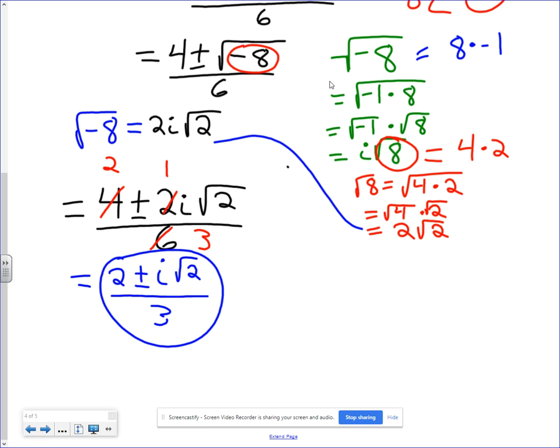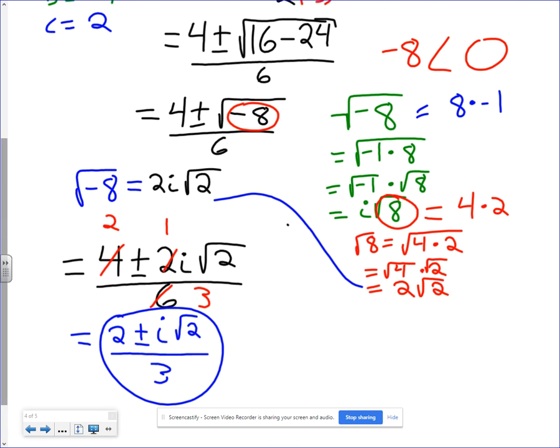And based on the value of the discriminant, which we saw above was negative 8, this makes sense. We had 2 complex solutions, and 2 solutions coming in from that plus or minus part. So simplifying is very important in these because it just makes the answers a lot nicer to work with in the future if you